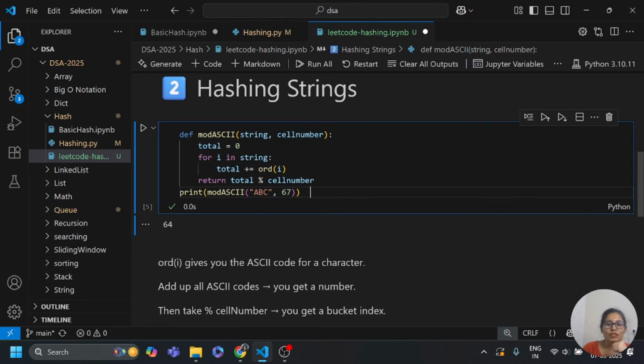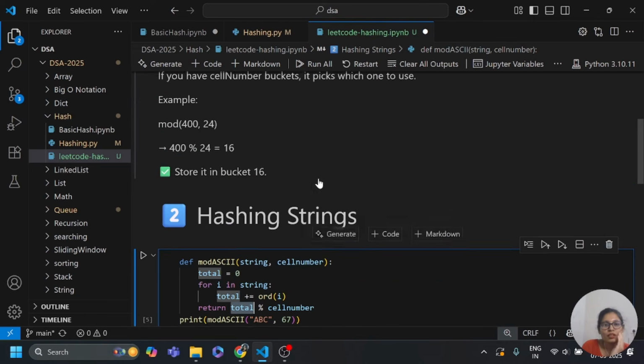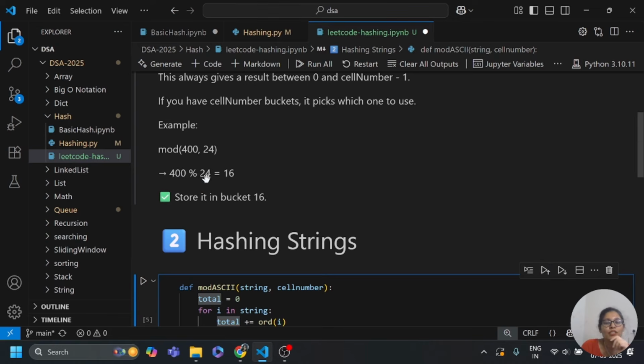So here it will give the ASCII number of the string characters like A, B and C, one by one. That's why we are going to write plus equals to. So return total divided by cells number, like this, 400 divided by 24.